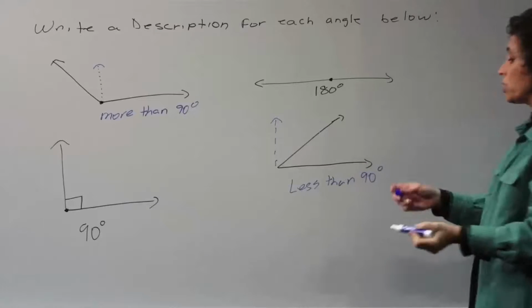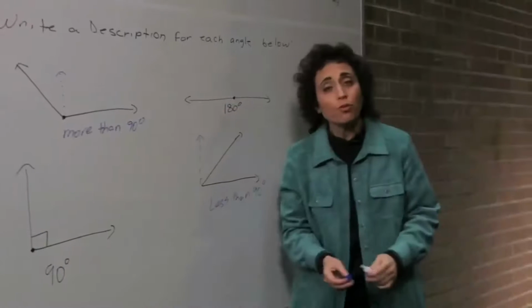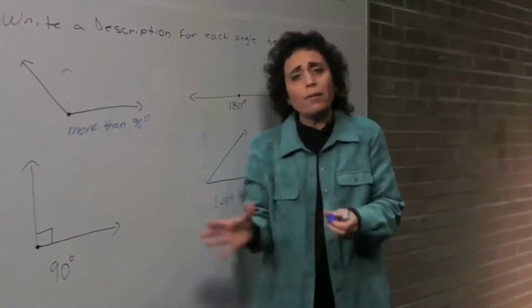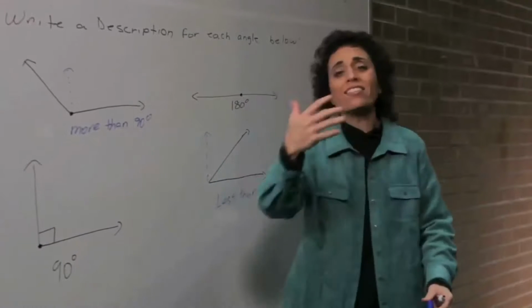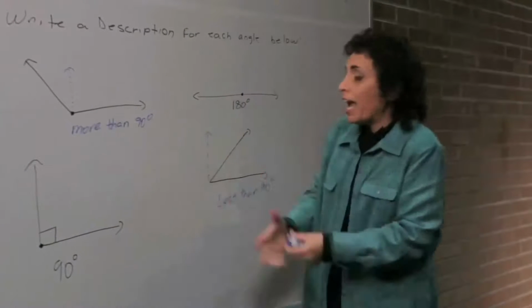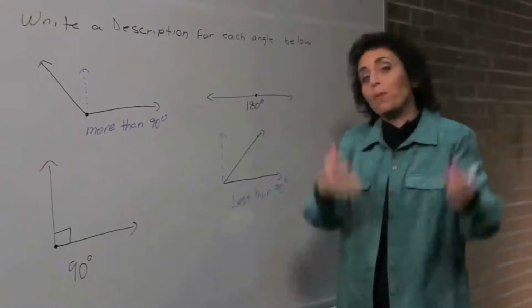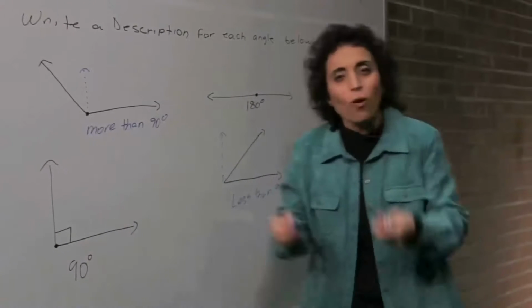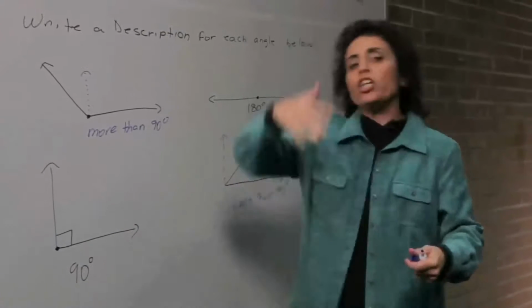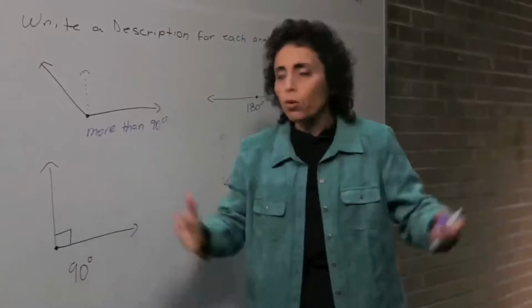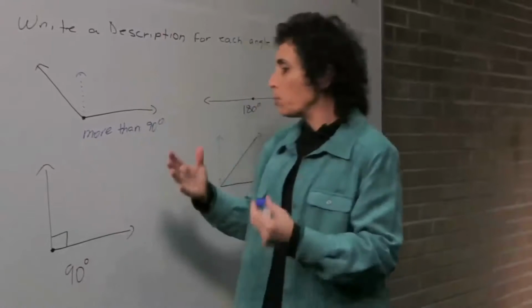Well, I think now it's time to take a look at that. We have names for these because you don't want to go describing this every time you see an angle. You want to say a name for one of them and everybody knows what you're talking about. Why do we have names? We have names so people could talk about us. Well, not really, but if you say, hey, I was talking about Jack Smith, well, we all know who Jack Smith is. So that's the purpose of names.